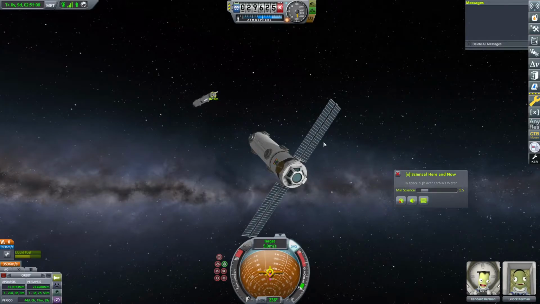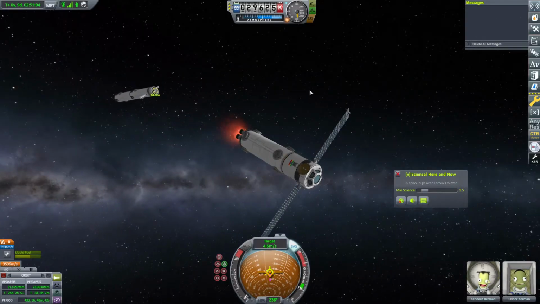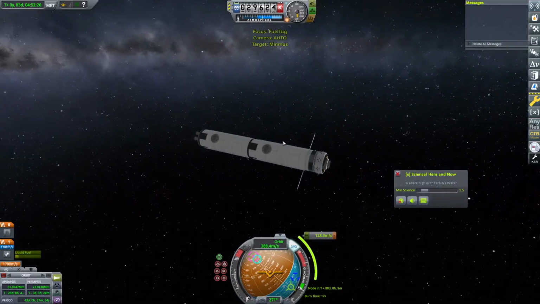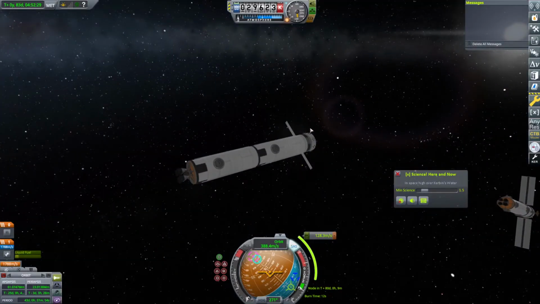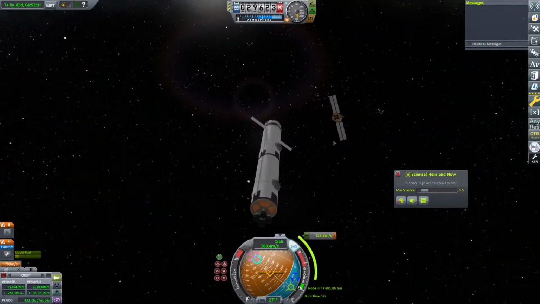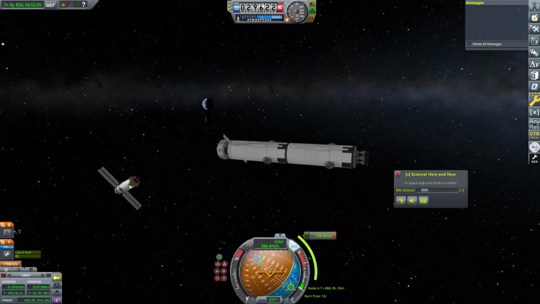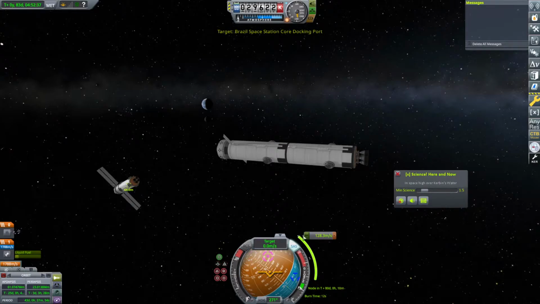So let's position in over here. I don't think we're going to have control here. Let's just kill this relative speed. There we go. Something like that. And let's switch over to this. Yeah, we definitely don't have control here. So that's going to make things very interesting. I'd like to set this as our target. In target mode, we could set...